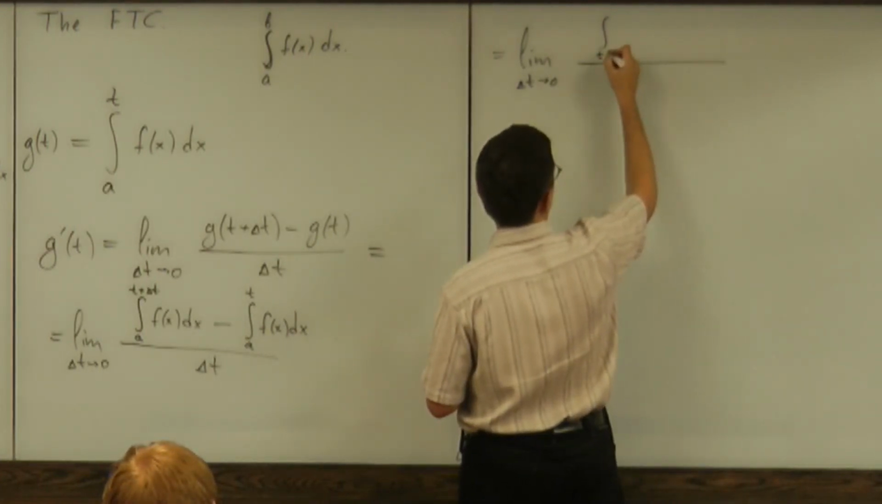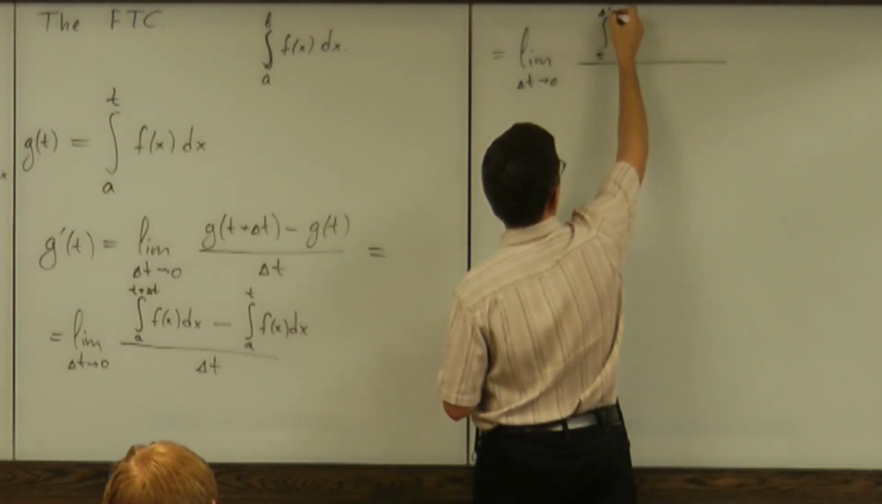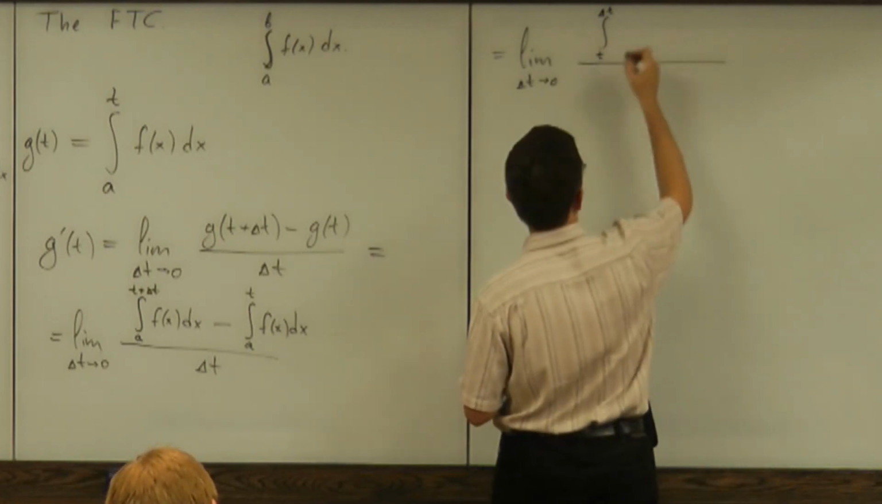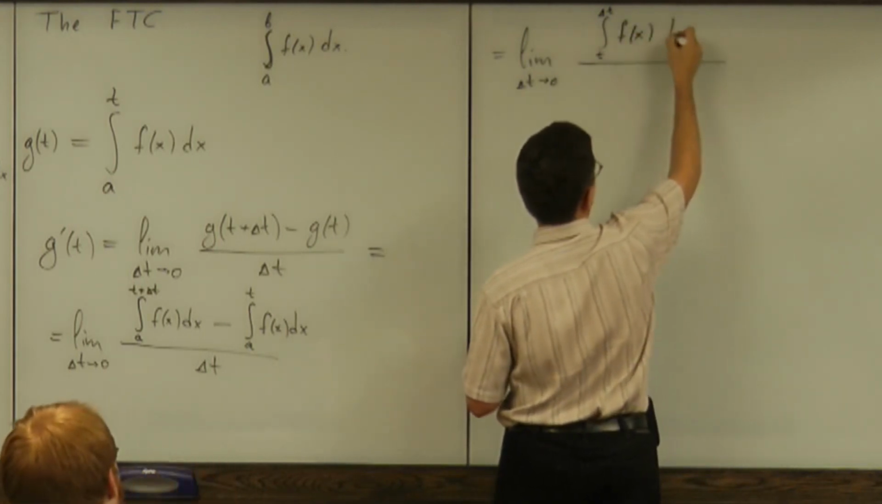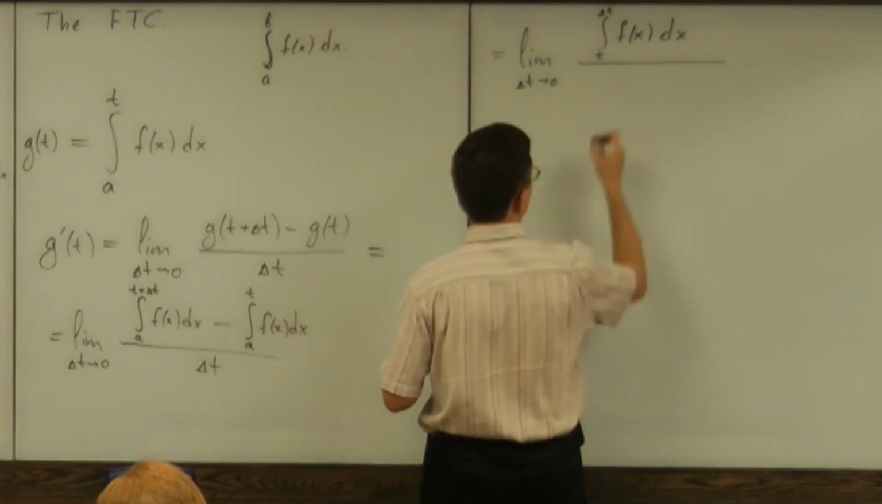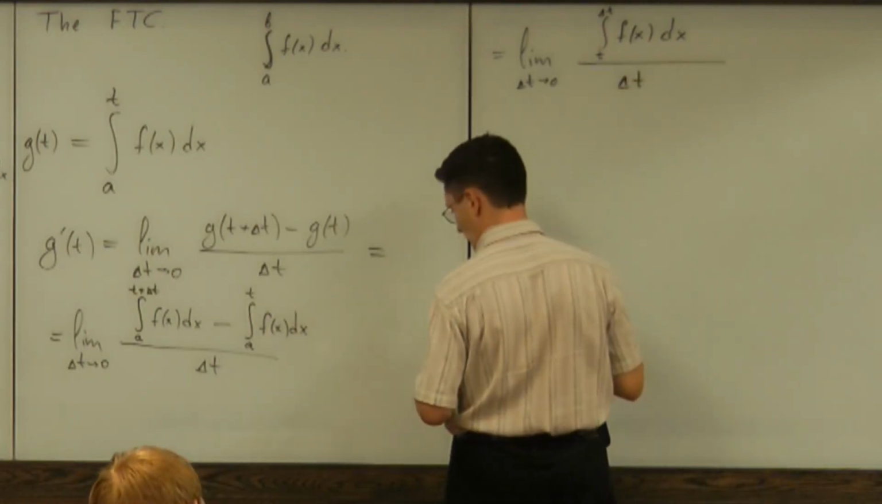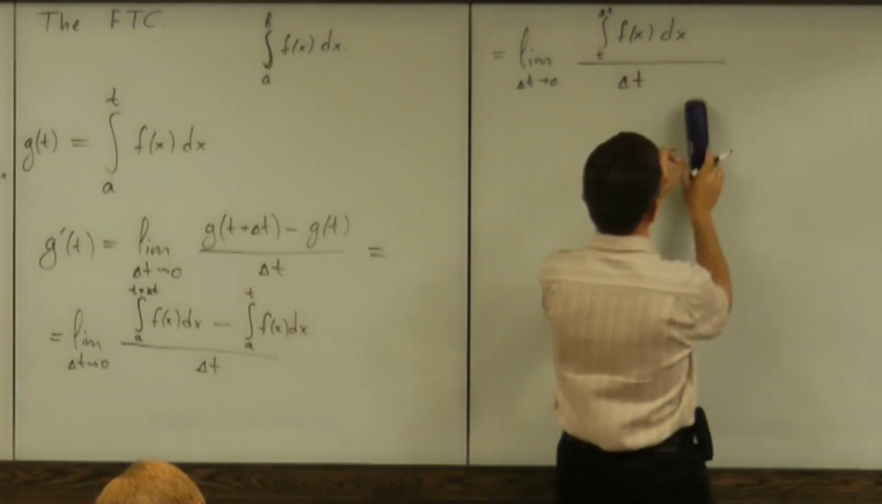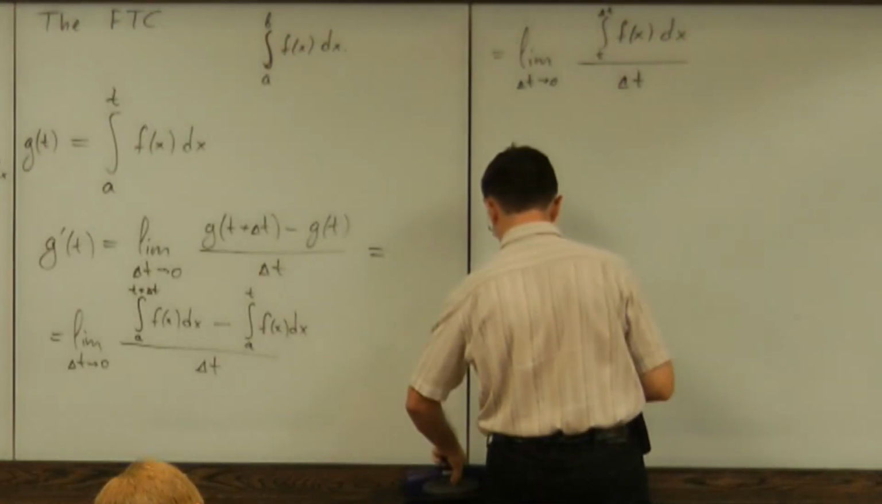Will it go from t to delta t? F of x dx. And I have to divide by delta t. All right. Now,